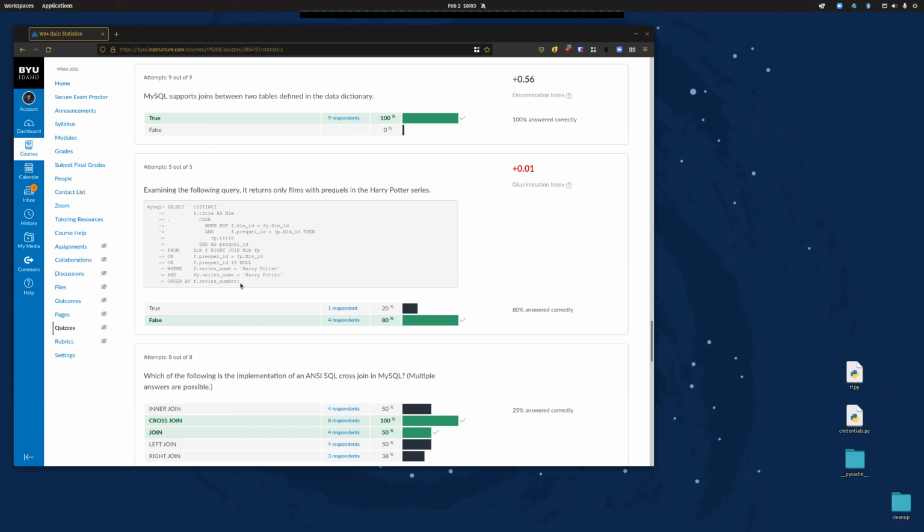If you came across these questions, the ones regarding Harry Potter, for the most part it looks like people did okay. You can see the spread here, the answers were pretty good. But anyways, it's a little tricky. There were 2 of these questions on the prequels and films in Harry Potter, and it's there to test